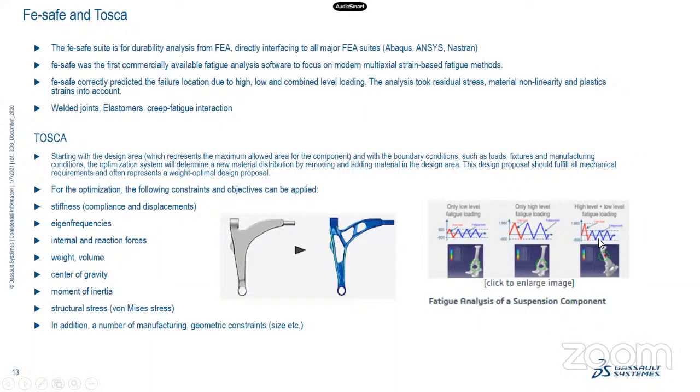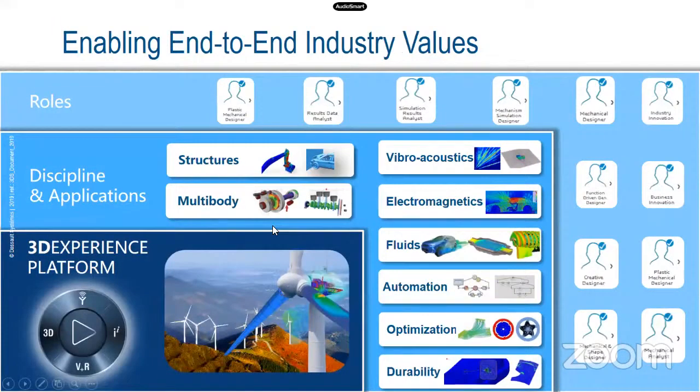So what is the effect of this overload? This kind of overload can significantly impact the residual stresses or mean stresses. You can see that the two failure areas are different when you have this kind of overloading, and fe-safe can predict such residual stress effects. So it's a good software for durability analysis, and it also includes weld fatigue analysis.